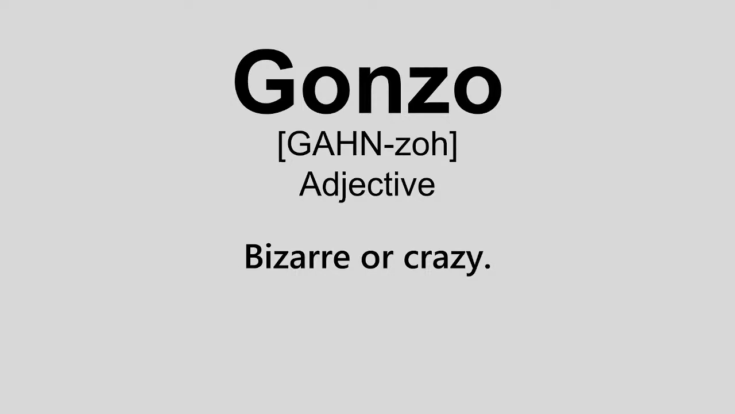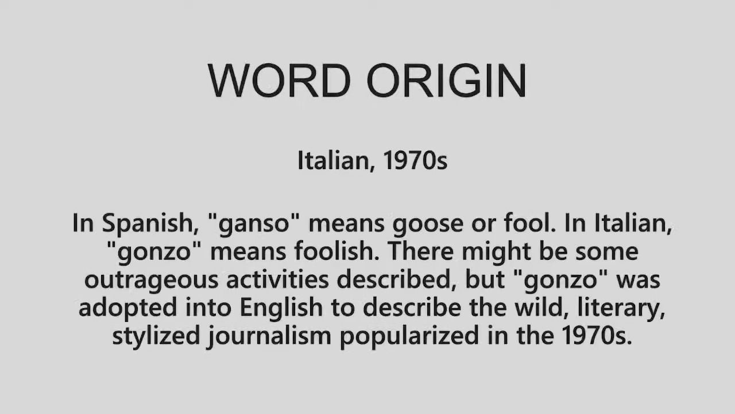A term in journalism used to define a particular writing style used by some journalists. Gonzo is an Italian term that became a part of the English language in the 1970s. In Spanish, gonzo means goose or fool. In Italian, gonzo means foolish. There might be some outrageous activities described, but gonzo was adopted into English to describe the wild, literary stylized journalism